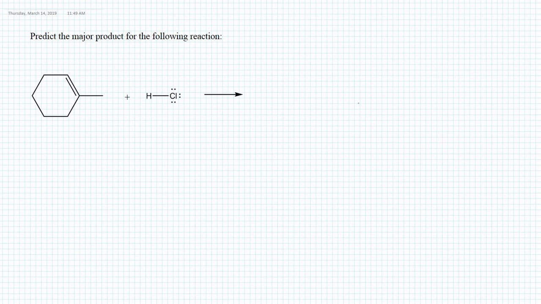So in order to solve this, let's write the reaction mechanism, utilizing curved arrows. We have here the nucleophile, the alkene double bond, and the electrophile here is the hydrogen. So we will have a curved arrow from here to hydrogen, and then this bond will be broken between hydrogen and chlorine. So we are going to generate here